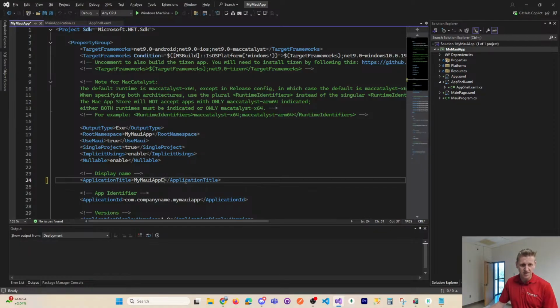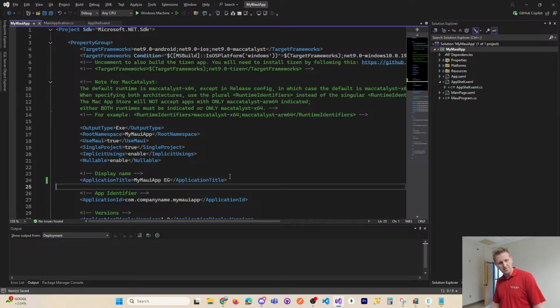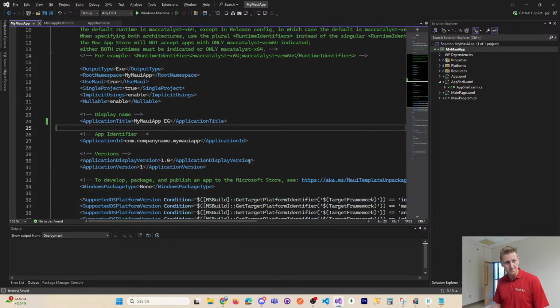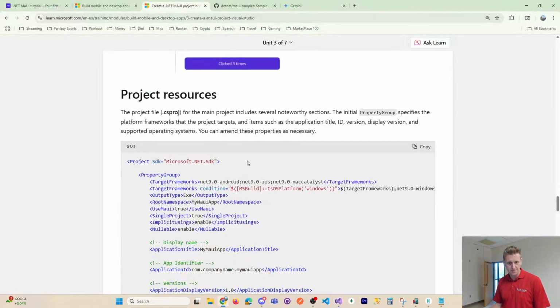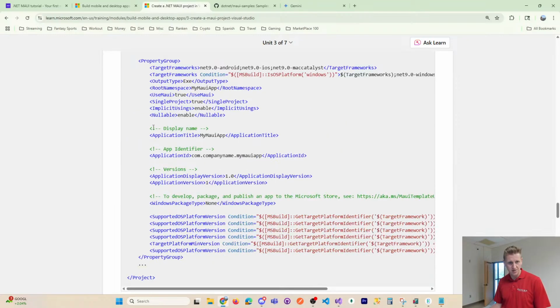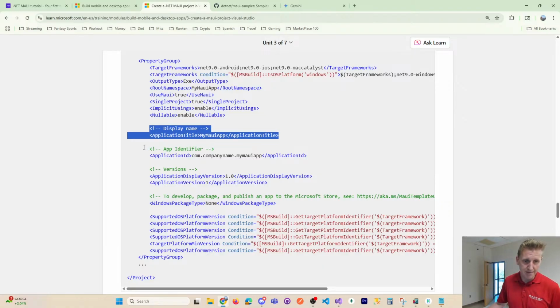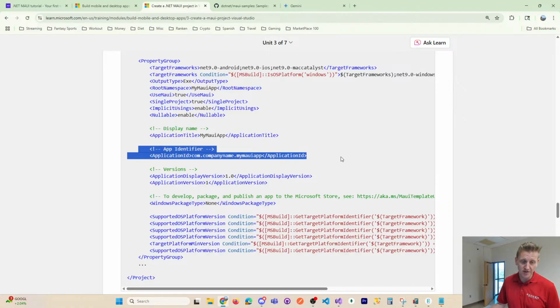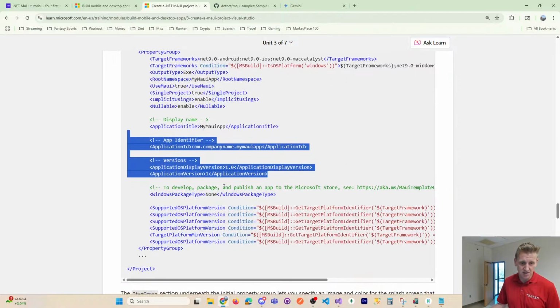I'm just going to throw EG, put a space EG, and see where that title shows up. So that's again, everyone wants to know where the title is. The app identifier, I'm sure that's used for deployment. The app version,